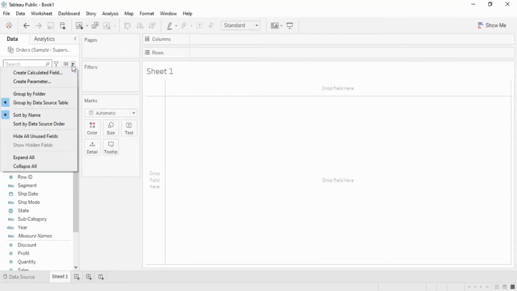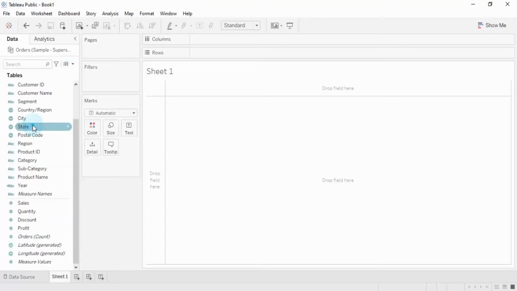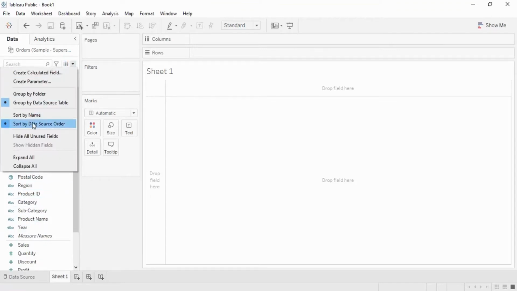and then we have this drop down which actually cannot be used right now because there are a bunch of things which we don't know right now. So the only thing that we can work with is group by options. So group by data source table, if there are multiple sources of table, then that would be used. Right now it's irrelevant. Next we have the sort by name or the sort by data source order. So right now the columns are sorted by name, like category, city, etc. If you want them in the data source order, you can just select that, and that's the way through which they would be sorted. That's totally up to you, that's a personal choice.